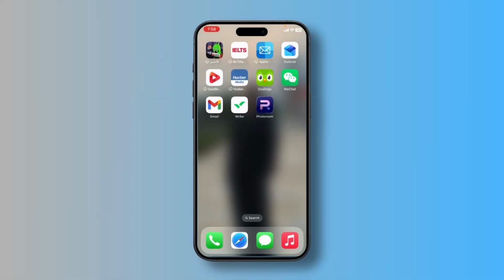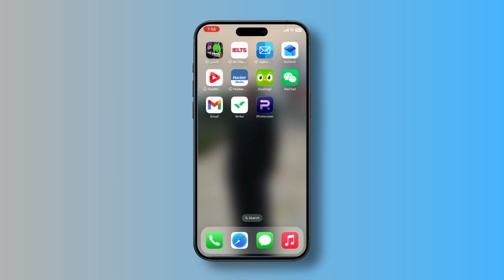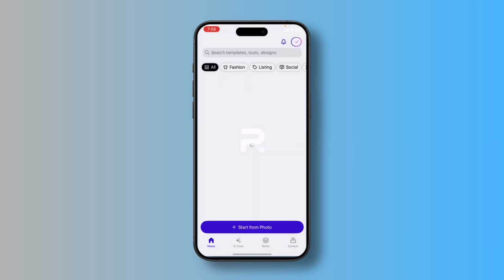In today's video, I'll show you how to add text to your images in PhotoRoom, making them perfect for social media, marketing or product posts. So let's get started. First, open the PhotoRoom application on your phone and make sure that you are logged in